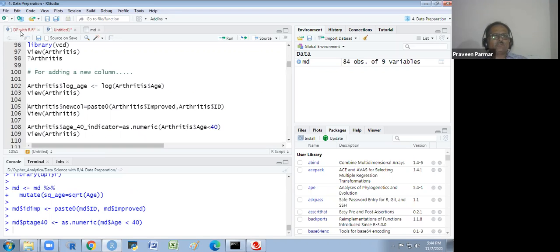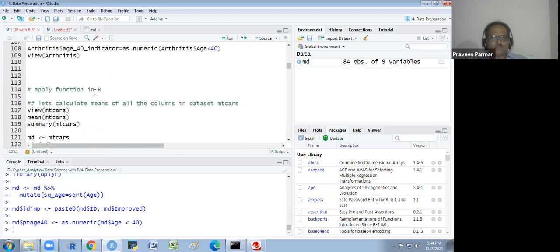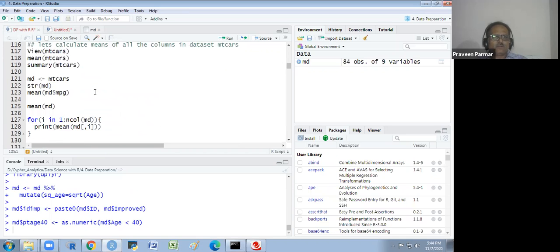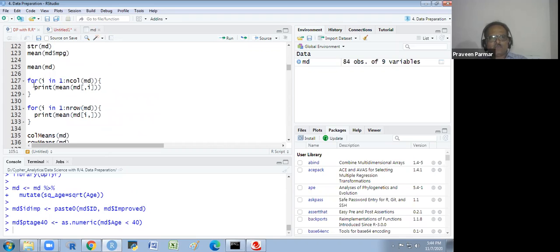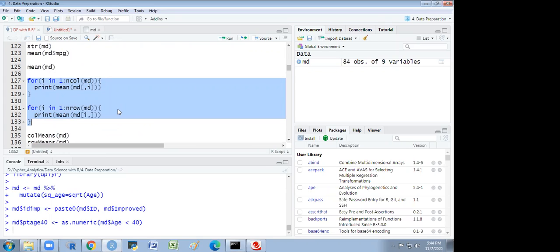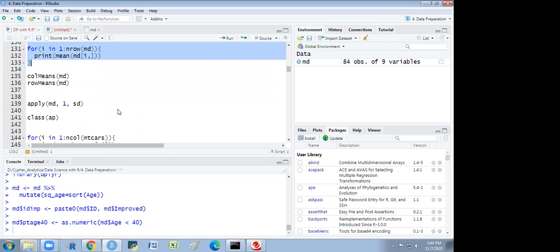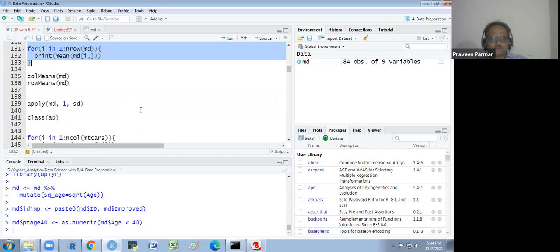So this I have explained, how to mutate the variable. Have I explained you about the for loop and while loop? No, sir. The last session, R1. Yes.